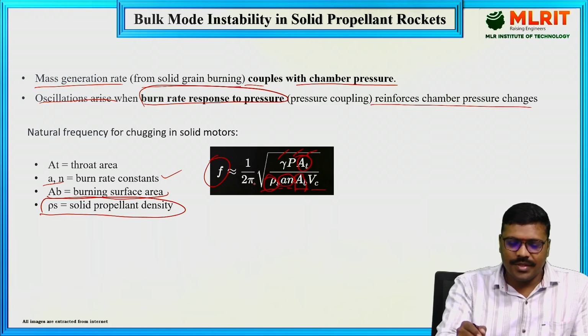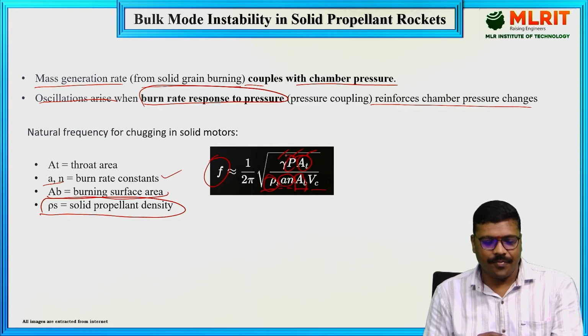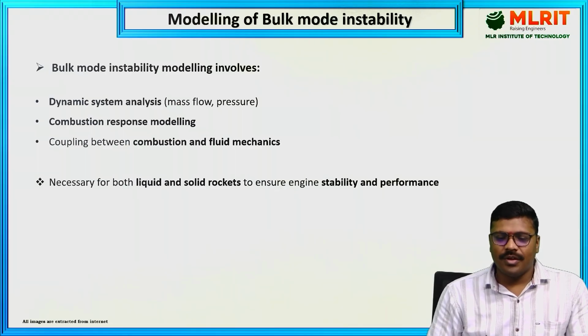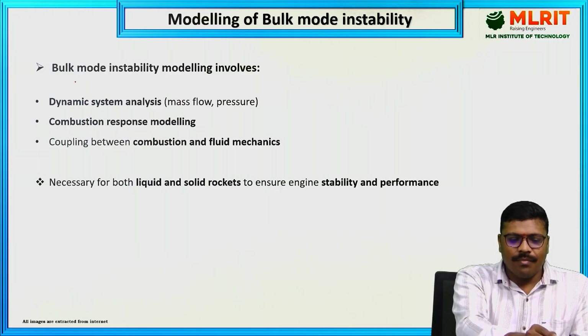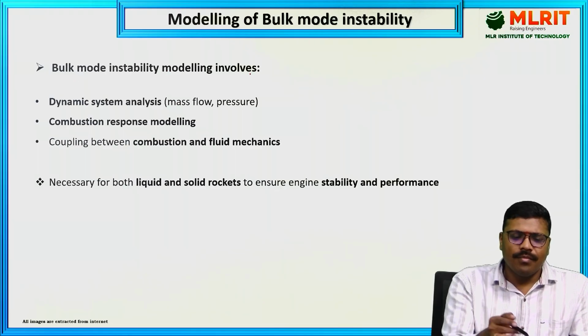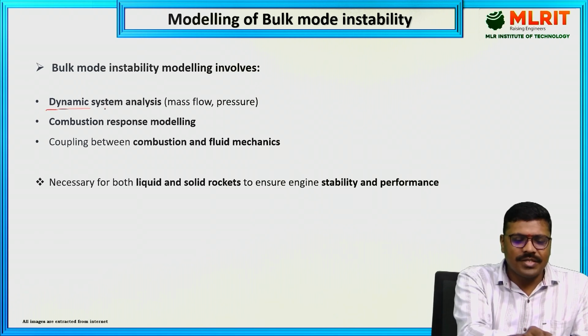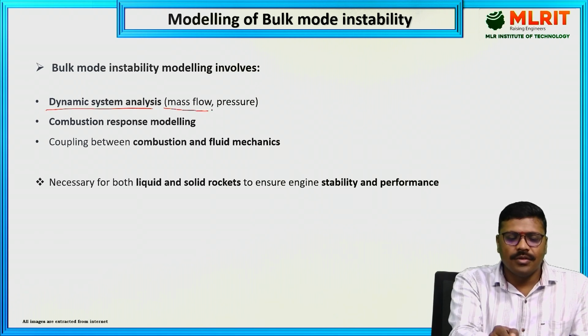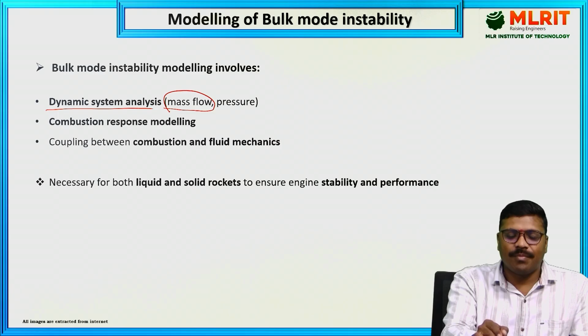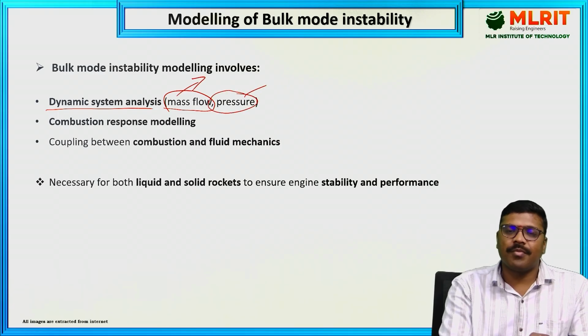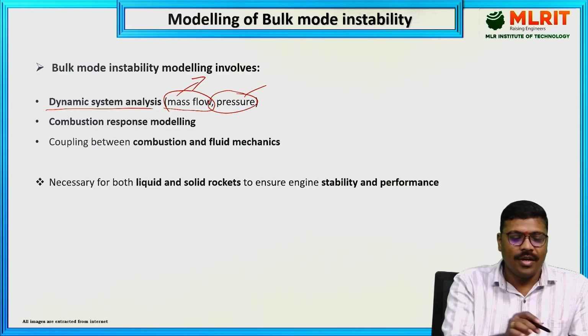Okay, P is the pressure in the chamber. Coming to the bulk mode of instability, modeling involves dynamic system analysis. We have to go through the mass flow rate and the pressure fluctuations. The pressure fluctuations depend upon the mass flow rate of the propellant we are supplying into the chamber, and combustion